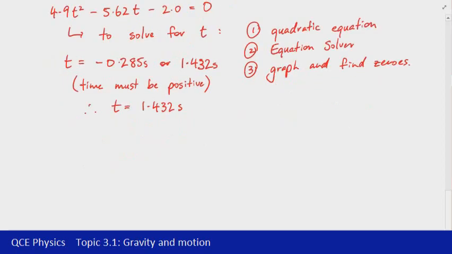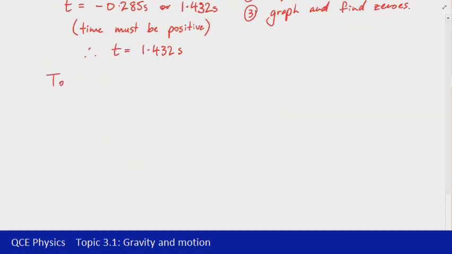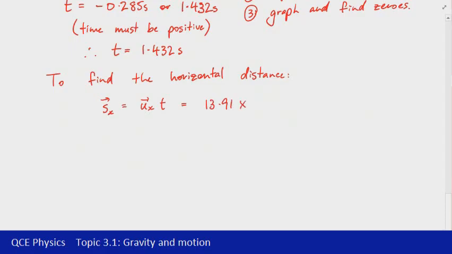And that then allows us to find the horizontal distance. So that's the last step, to find the horizontal distance. Again, it's just that equation of Sx is equal to ux times t, and we found earlier that ux was 13.91, multiplying that by 1.432,